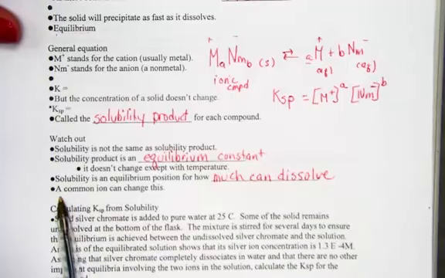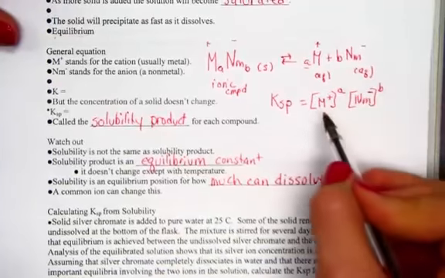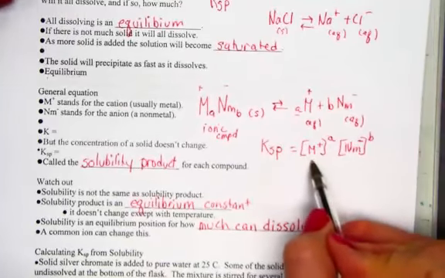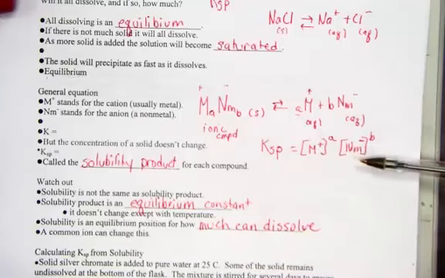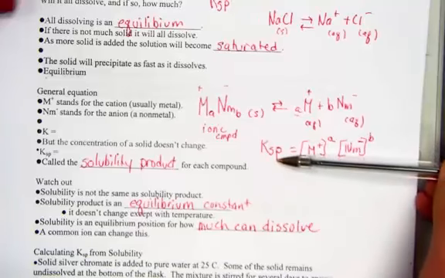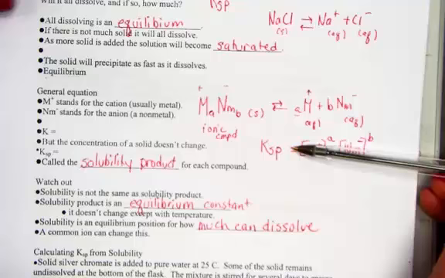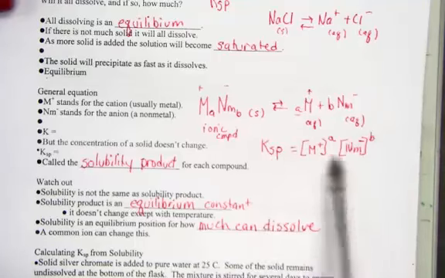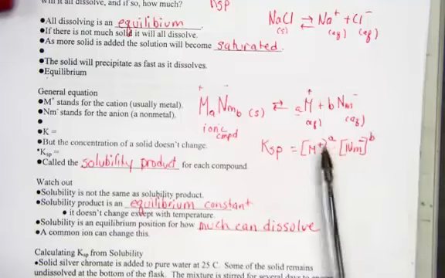our chapter 17, a common ion can change this. For instance, if I had in solution a positive ion that was in common with the metal, we know according to Le Chatelier it would shift left, pulling some out of solution. I can change the amount in solution that's dissolved by adding a common ion, and we practice that with our first section. The constant remains the same, but the solubility could change if I change things like a common ion,